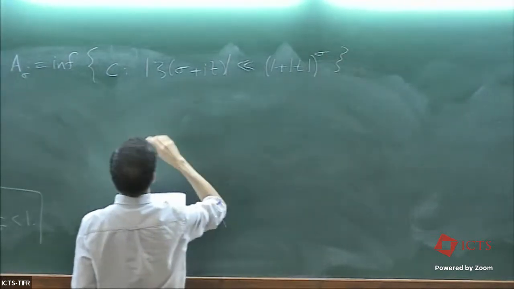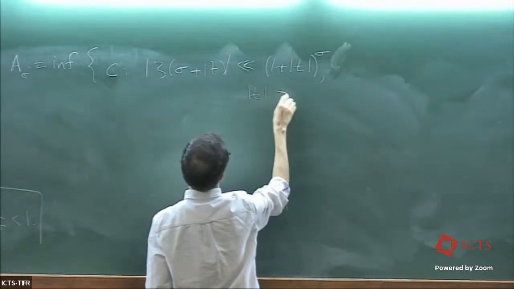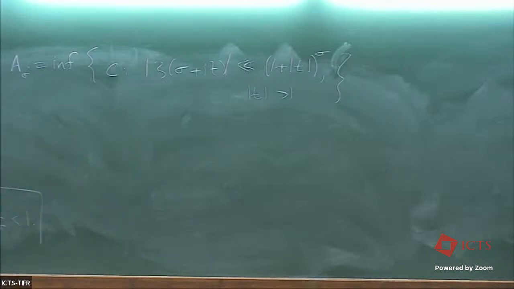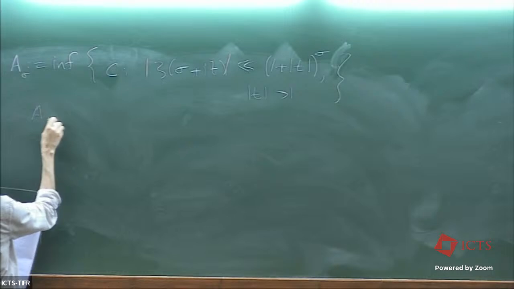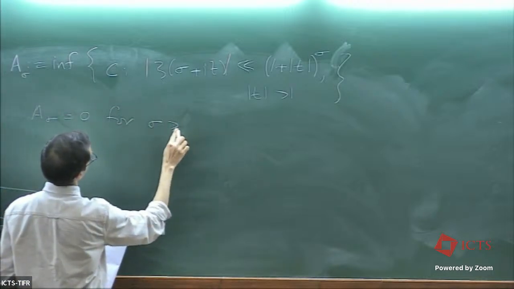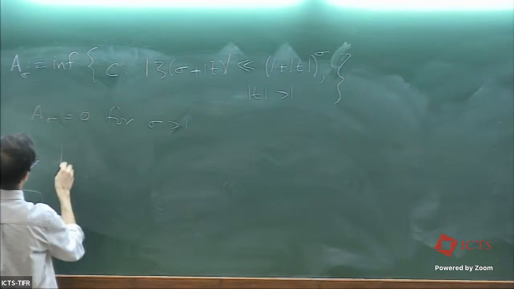And of course, we want to stay away from 0, so let me also make sure that t is bigger than 1. So we are basically seeing how fast it will grow. And because it converges here, we know that A of sigma is equal to 0 for sigma strictly bigger than 1 to begin with. And of course, for sigma equal to 1,